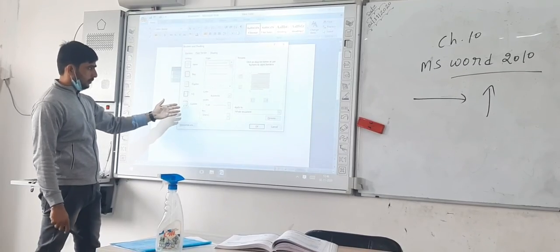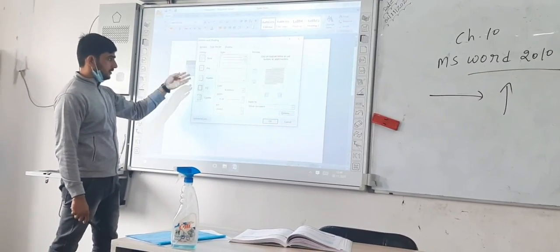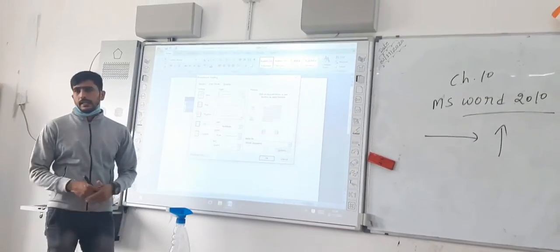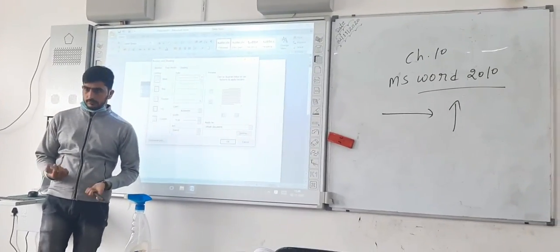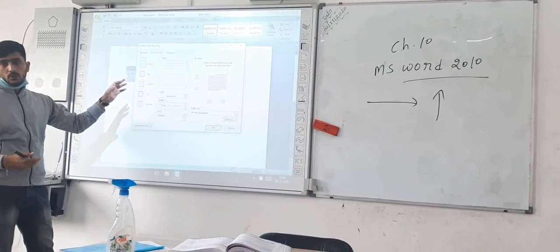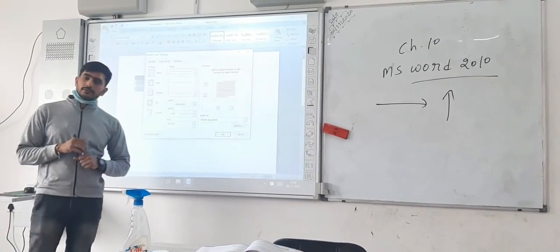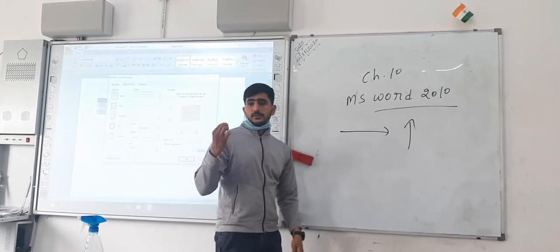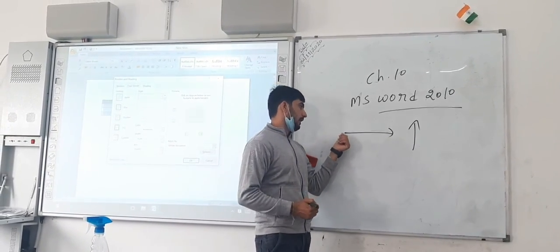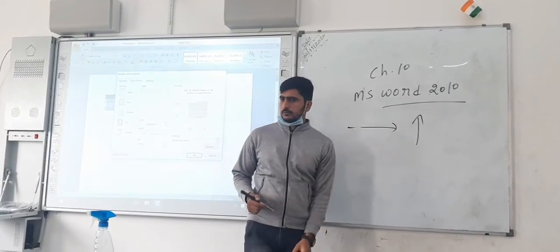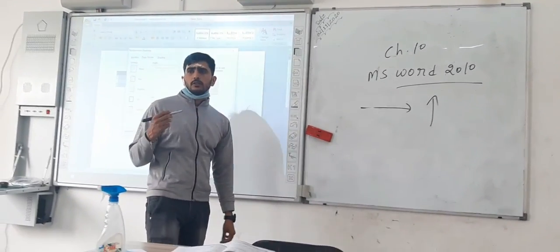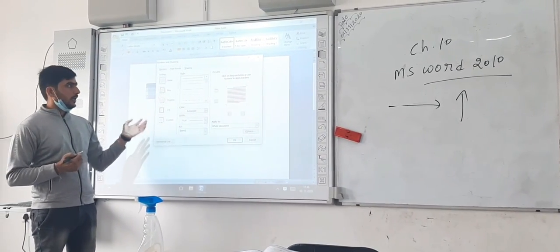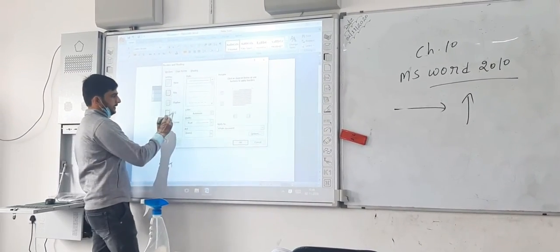So here are some options: none, box, shadow, 3D, and custom. If you want to insert one, it will show you like a box. Next one is shadow. Sometimes you have seen a line drawn and some shadow of this line shows at the bottom of the line. That type of shadow we can use in these page borders. Suppose I have selected the 3D.